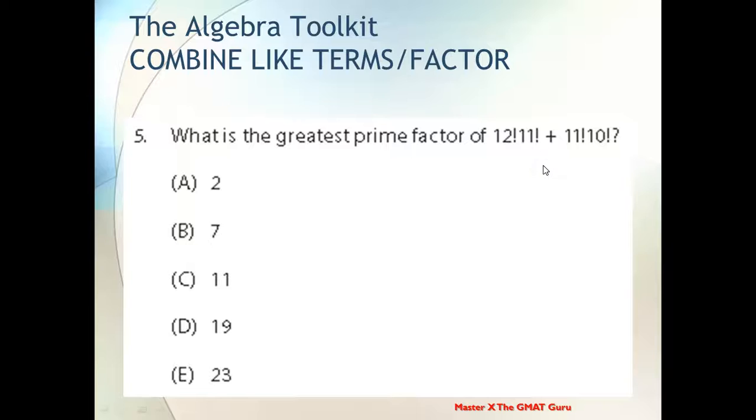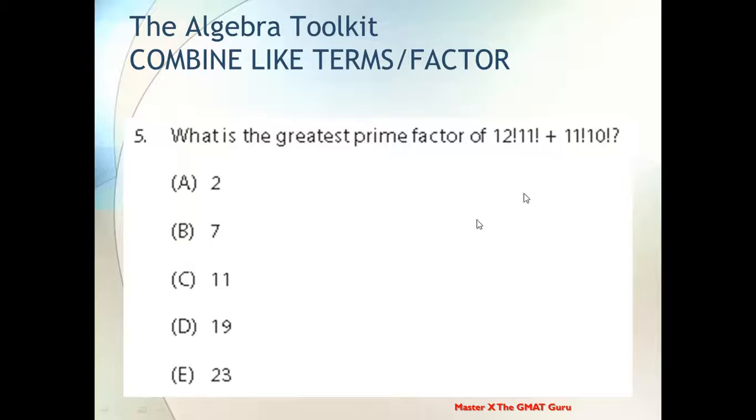Now, be careful here. Look at something. Here they give you 12 factorial times 11 factorial plus 11 factorial times 10 factorial as this huge number that it is, right? Now, the trap here, which we're going to talk about later in a little more detail, is that you can say, oh, there you go, so 11 should be the greatest prime factor. No, not necessarily. In fact, chances are, in a problem like this, if they give you something obvious like that, I mean the number that is